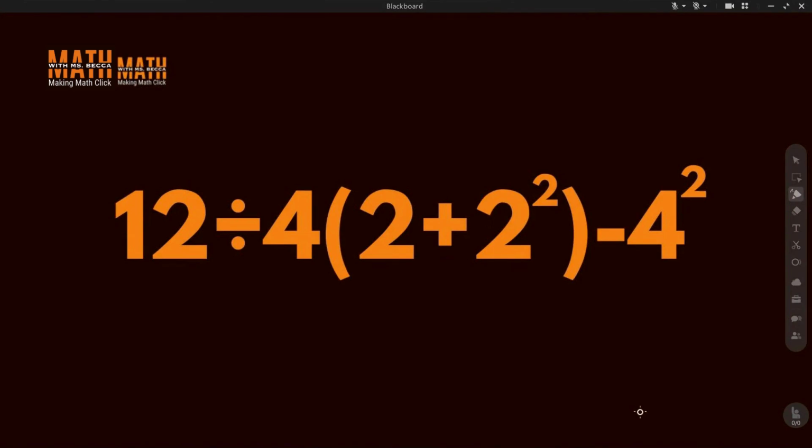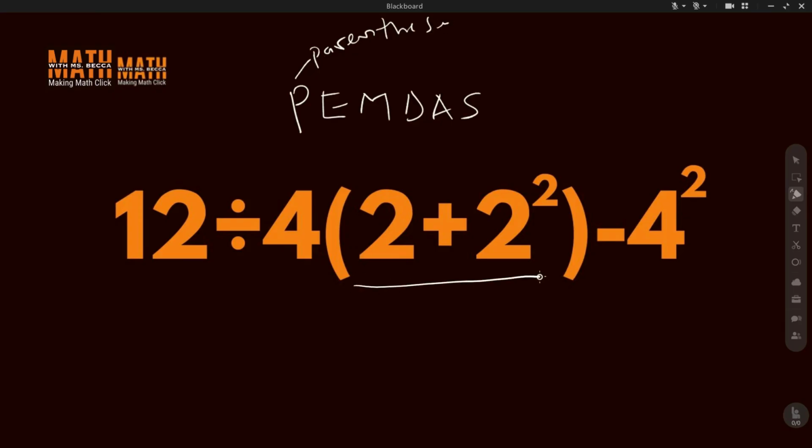Let's take a look at this question together. First, let's remember the order of operation because this will help a lot. PEMDAS. So in this, we are to first solve the parenthesis. And what is the parenthesis here? This is the parenthesis. So let's first solve what we have in the bracket so that we will have 12